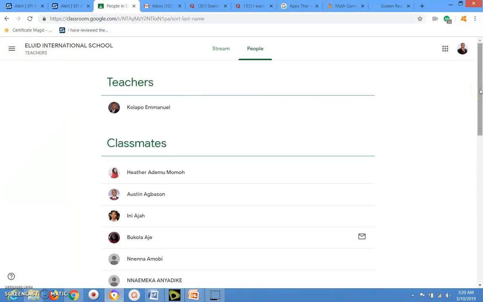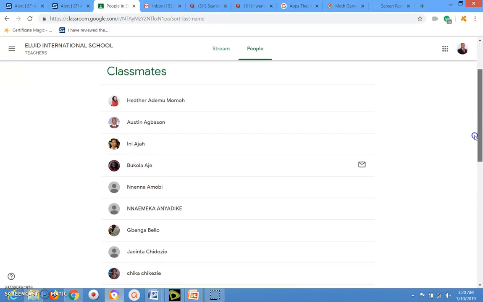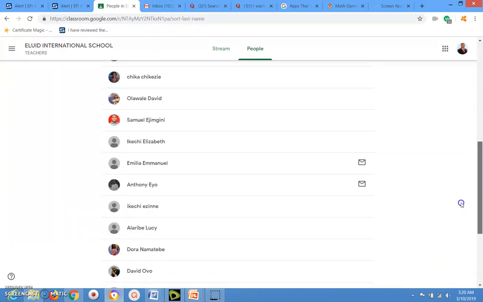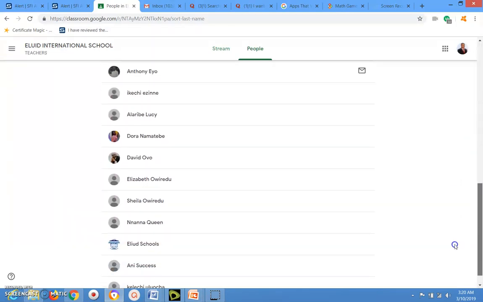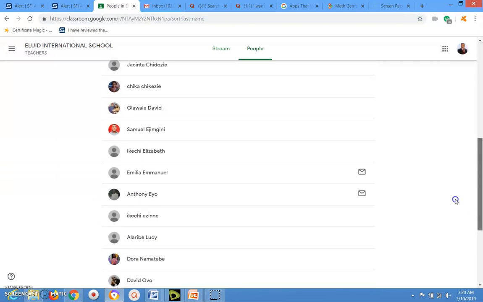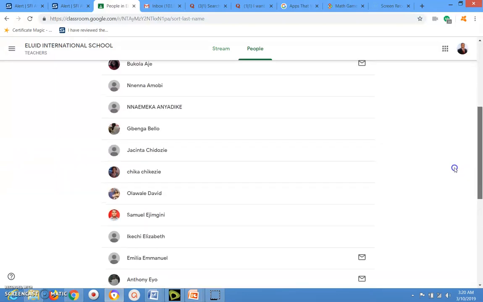So if it's like a child in the secondary school, and that class is created to bring in other teachers, you're going to see all my class teachers. They're all here. So these are my classmates. You can see all of them. These are my classmates. These ones you see having a logo of an email attached in front of their